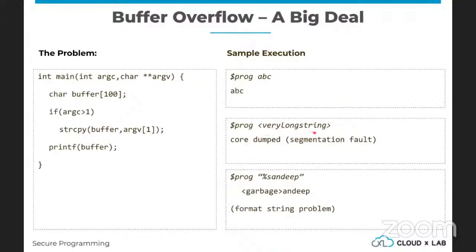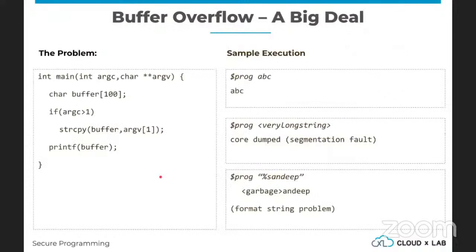You might say, what big deal? Yes, you gave a big string, it gave a core dump, end of the story. How can you exploit this, right? If, let's say, this is a server running, which is basically taking the input from the user and printing it back on the screen, and you gave a big string as an input and caused a core dump, you can actually get into the server. You can actually control it and compromise it. And the attackers do that all the time.